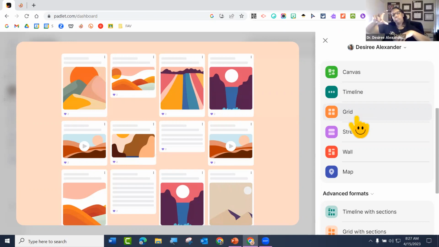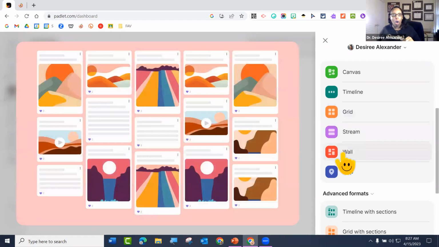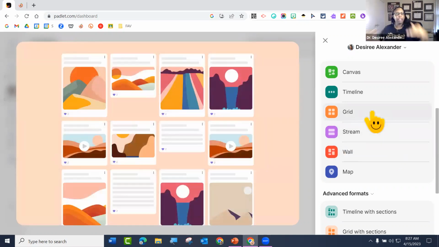Okay, some of them can be short, some of them can be long, but notice they all start at the same place. So that's what makes it a grid. They're all going to start at the same line, whereas wall is going to look more like bricks. I know some people are like, I really don't care about that, but it makes a difference, especially for type A people. So wall looks like brick, so it's not going to have any space between them. It's going to be bricked like a brick wall, whereas grid is all going to start at the same level.